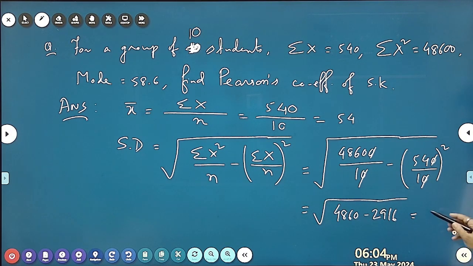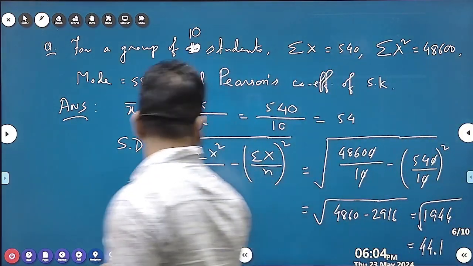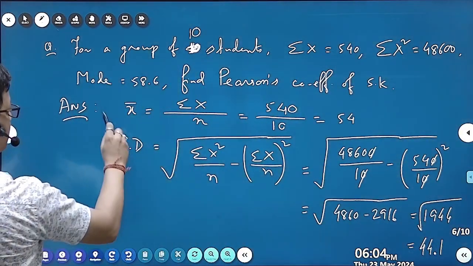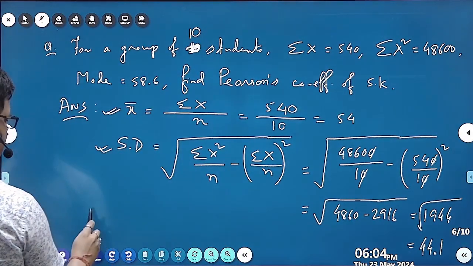1944. Now you have to take the square root. 44 point. Okay, 44.1. Therefore, everything is ready now. See, mean is ready, standard deviation is ready. Therefore,